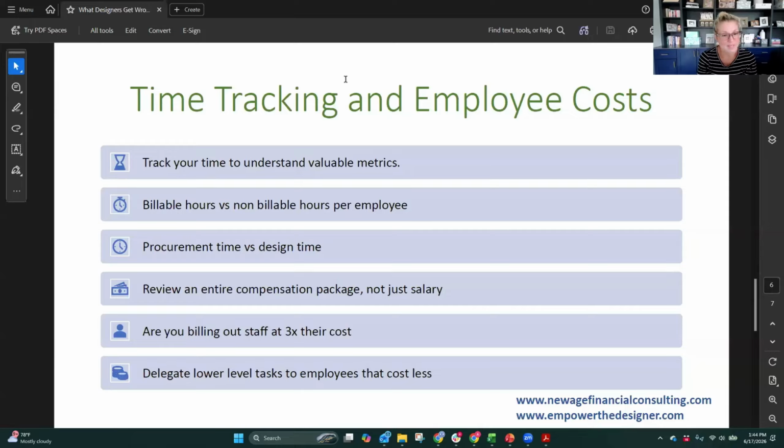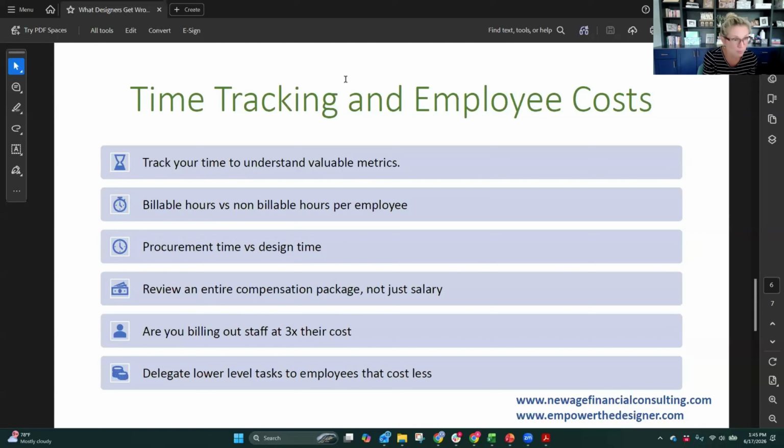So we split the two up by saying that when the team is ready and literally clicks a purchase order, produces a purchase order, that's the time that procurement starts. Most firms are not billing for procurement, right? Procurement is covered by the markup. And we should also be doing a secondary evaluation to say, how many hours did we spend on procurement? And what was the markup on this project? How did we do? Did we do great? Did we do not great? Did we do really terrible, and then why? But if the team isn't clear on what's really procurement, what's ordering and expediting versus what's design time, that could potentially be a really big number to lose.